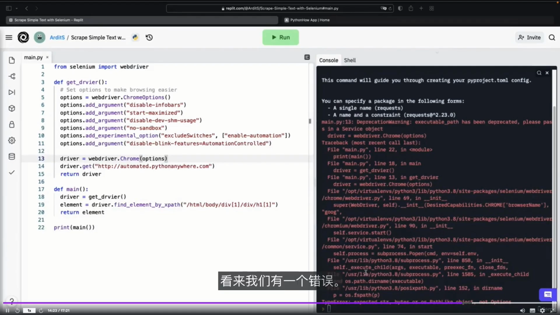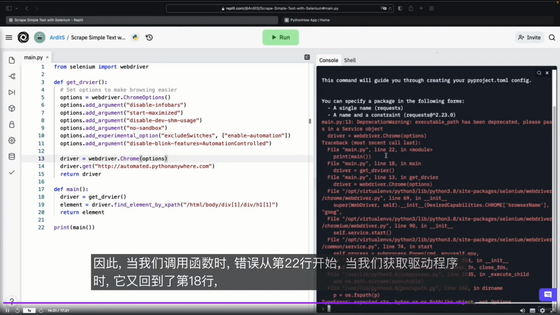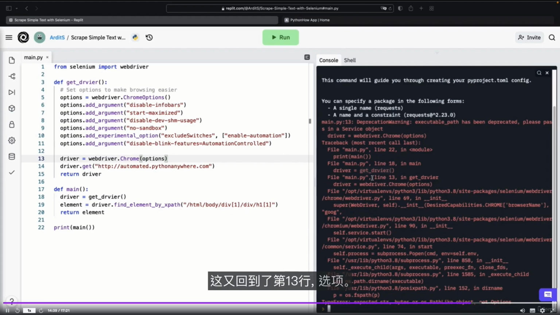It seems we have an error, so let's look at it. Expected string bytes or path like object, not options. So the error started in line 22 when we called the function, and it chains back to line 18 when we get the driver, which goes back to line 13 options, and that's where the root of the error is in our script.